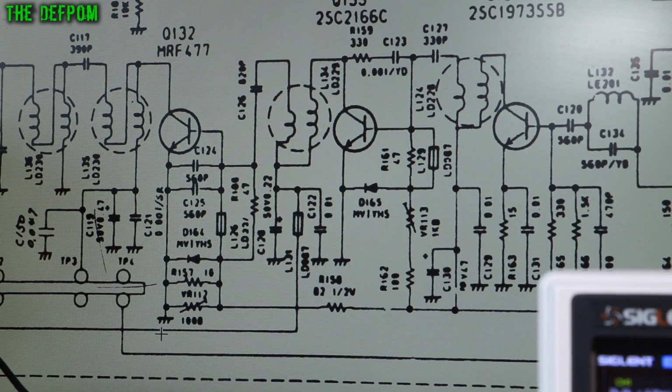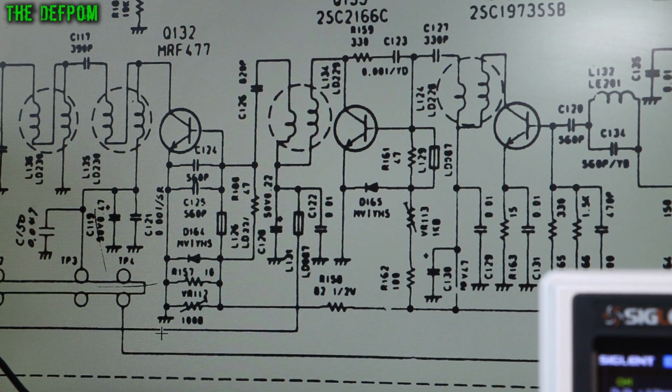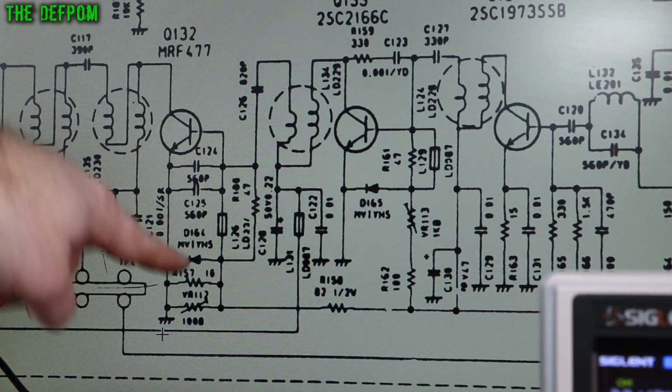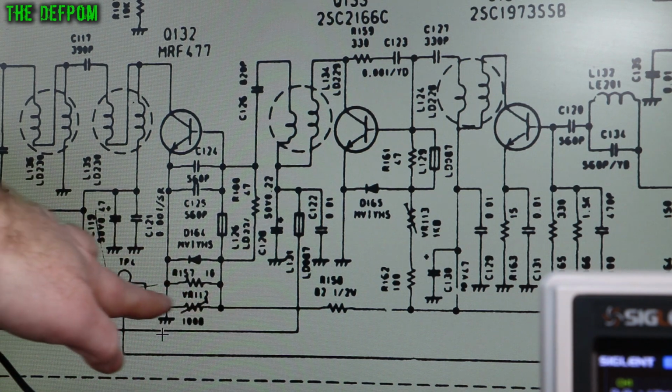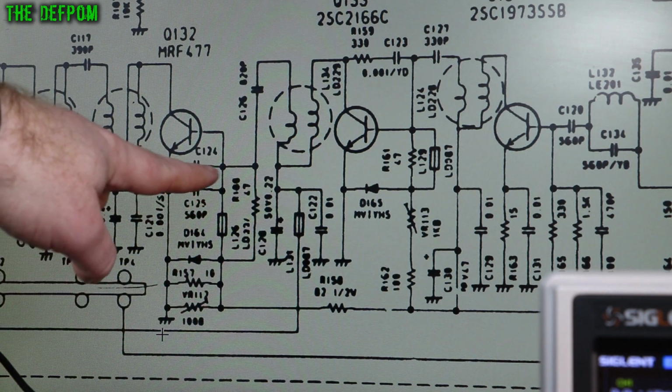So earlier on I talked about the biasing and everything on the final, and why I was getting that weird issue with the biasing and the increasing currents with reducing RF power at the same time. That's due to leakage via the final transistor. So I'm going to point this out now. This is the final transistor here. This is the bias adjustment, which I had to turn right down. So that was basically trying to short out this rail to drag this voltage down to stop this being